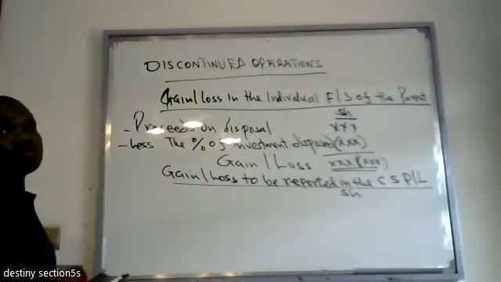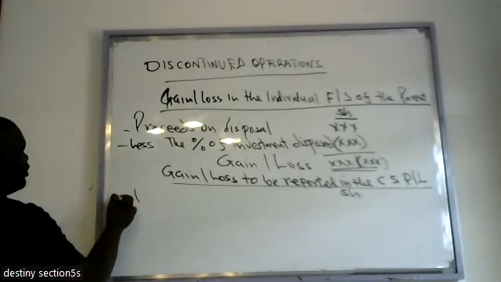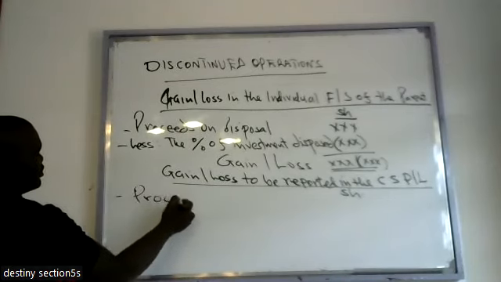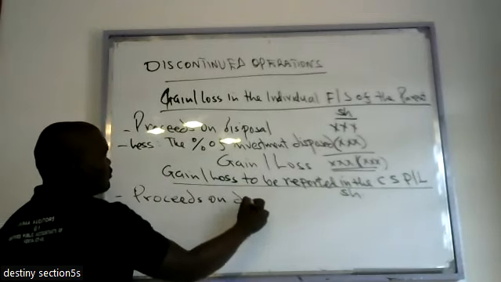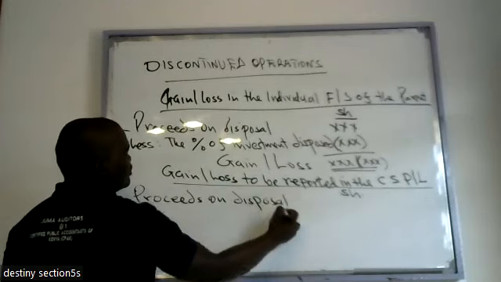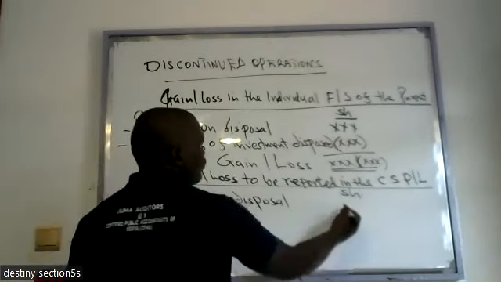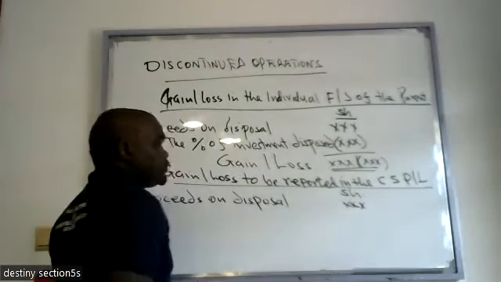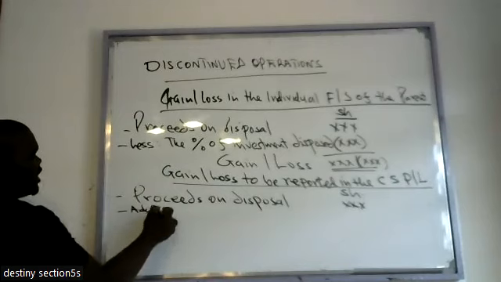So you tell us the proceeds on disposal, you add the fair value